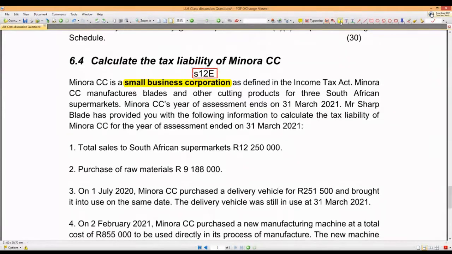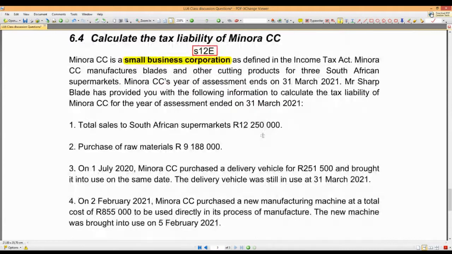Okay, so now let's go through this information. They tell you we manufacture blades and other cutting products. Our year of assessment is 31st of March, and we provide you with the following information. So I'm going to do a few points and then we go fill it in on Excel so that you can do it with me. Okay, so the first information they tell us is that the sales is 12,250,000. Okay, the purchase of raw materials was